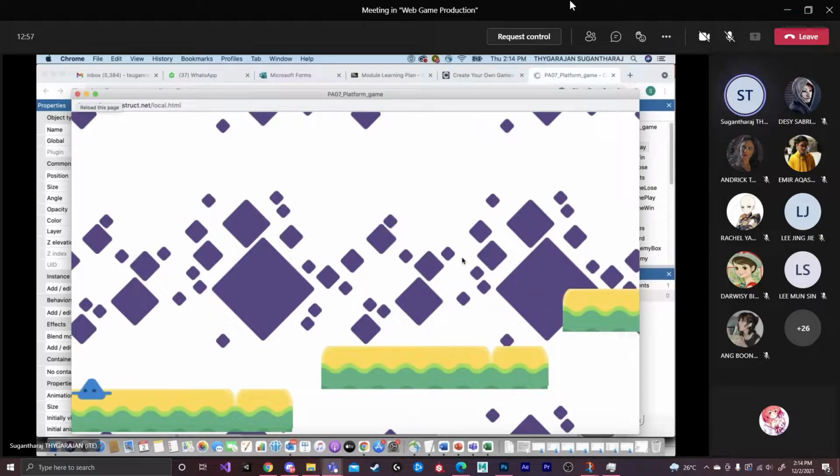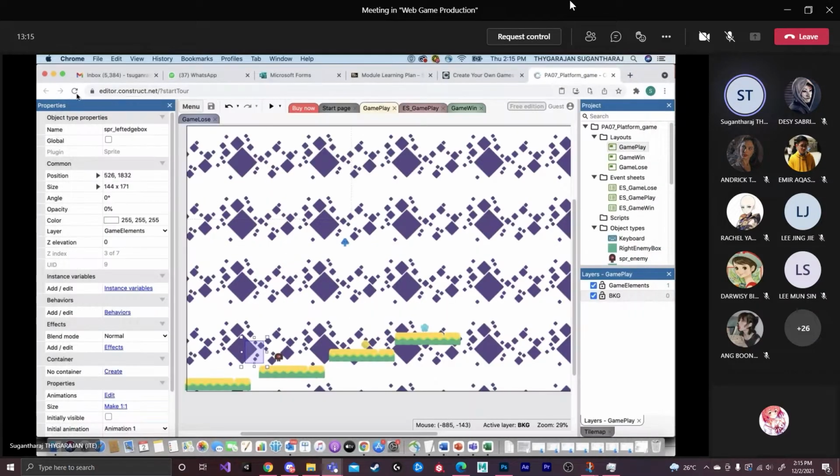But the main thing is actually in this platform game, we are just going to implement the background screen and then we try to implement the tiles as a platform and then the animations for the player using the sprites as well as for the enemy. Okay, so these are the new things compared to the previous lab sheet, what we are going to see through. Okay, let me go to the slides now.